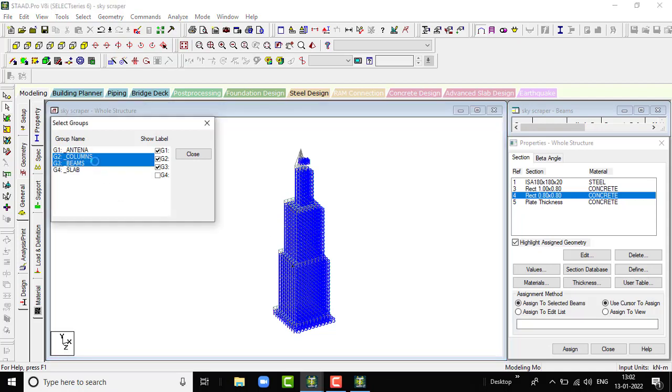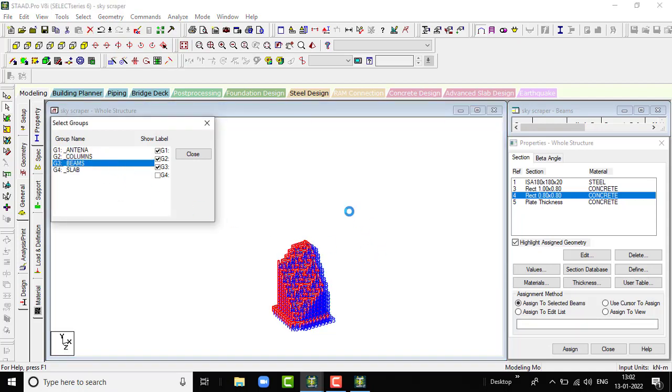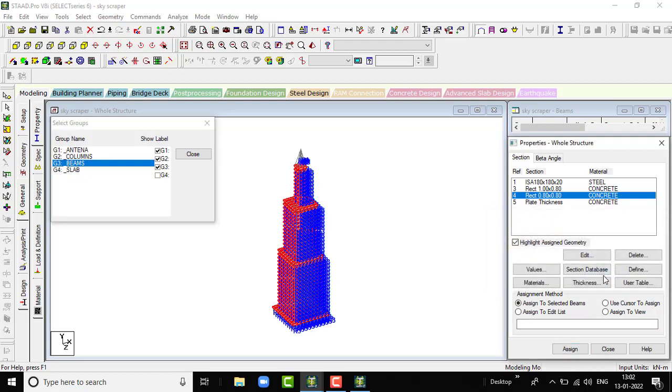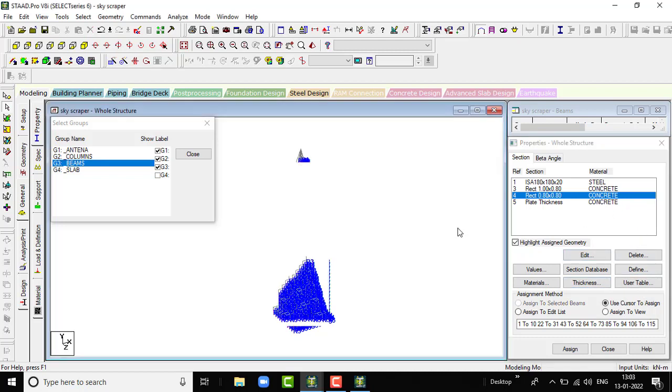We have to go for the slab sections. Sorry, beam sections. In these beams, all the beams are being selected. Click on assign. Click on yes. It has been assigned. Let us wait till it has been assigned. Okay, after that it has been assigned. Let us go for